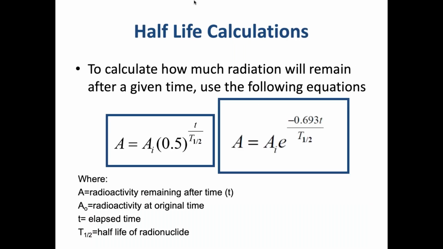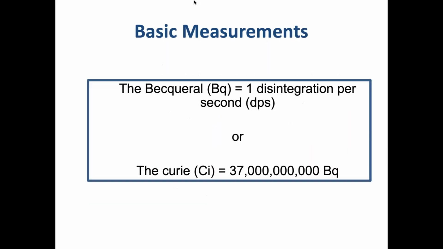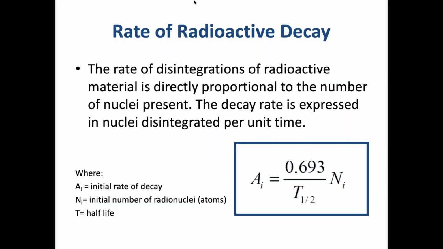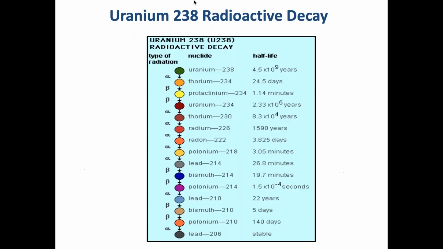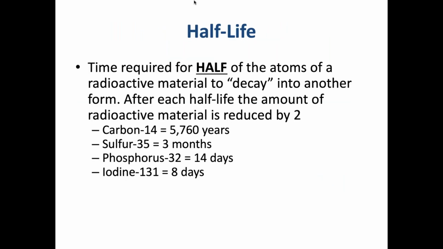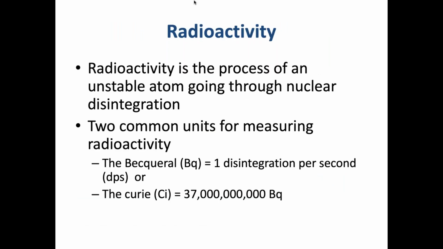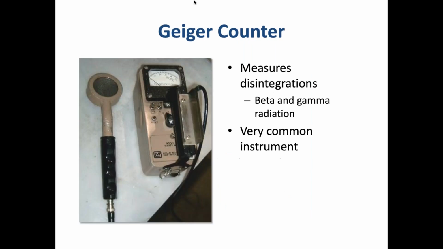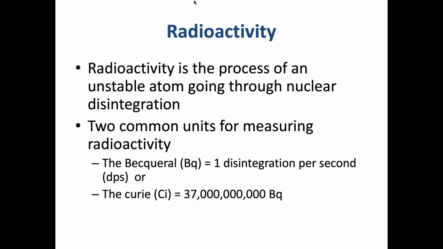So what was our equation again? Our equation was, that's the wrong equation. Okay, A is equal to 0.693 times N. N is the number of atoms. So if we have a 1/10 of a milligram of sulfur 35,